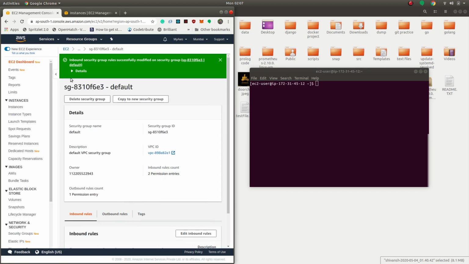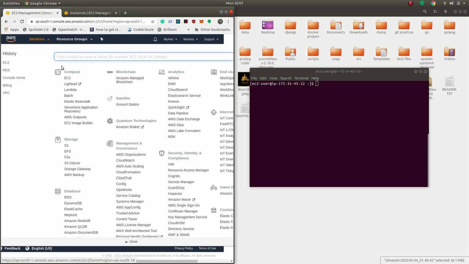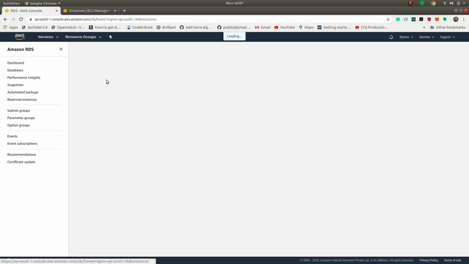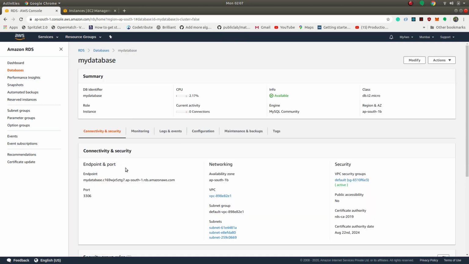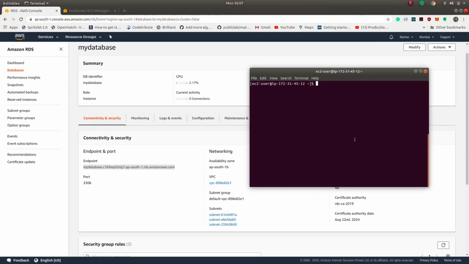Now go back to your RDS instance. Click on DB instance and then click on your database name. Now we'll copy this endpoint and go back to our EC2 machine.